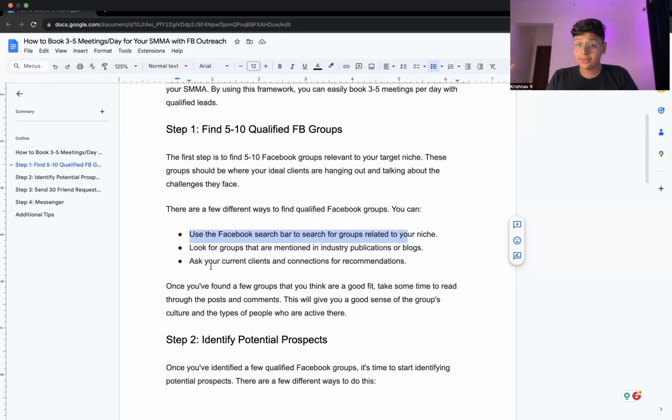And this is one of the finer ways to go about it as well. The easiest way, I would say, is that even if they are not your client, if you have someone in your network who is in the same niche as you, for example, if you're working with real estate agents and you know a realtor by any chance, just go and ask. Be inquisitive and find out more about their situation, everything about their market, including their Facebook groups and their communities as well. So just ask straight away, hey, where can I find a big group of real estate agents in the UK? And you'll get a lot of answers from that.